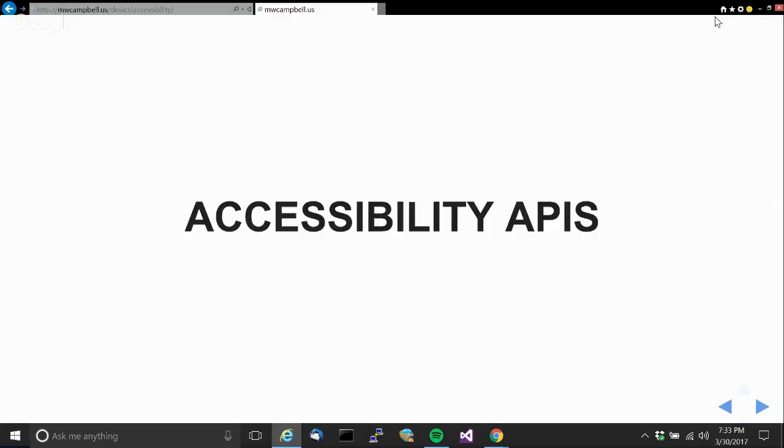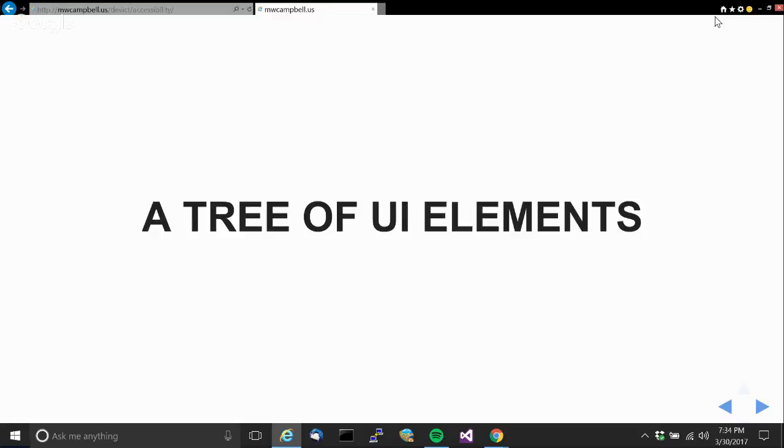So what do these APIs consist of? There's a tree of elements. It's similar to the DOM in a web page, or even in any major native GUI toolkit. You've got a top level container such as a window, and then you've got other containers such as panels or just views, as they're called on Mac and iOS. And then you've got the elements themselves, such as buttons or checkboxes or text fields. And that same tree structure is reflected in the accessibility API.